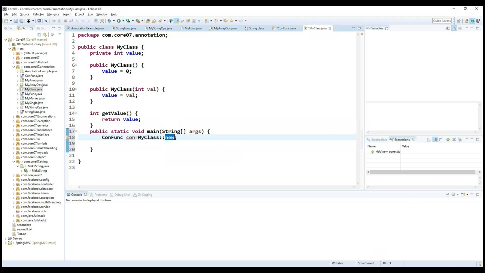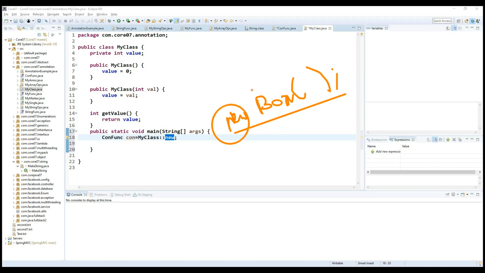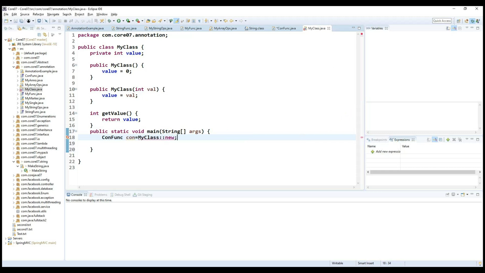Getting the point? In a normal example also, this is how we create an object with the help of the new keyword, and how we call the Box constructors. In the same way here we use new, but we are not going to call this constructor directly. This constructor is going to be called through the functional interface. Getting the point? So now observe carefully how I am calling it. Once we create this, now what I will do,